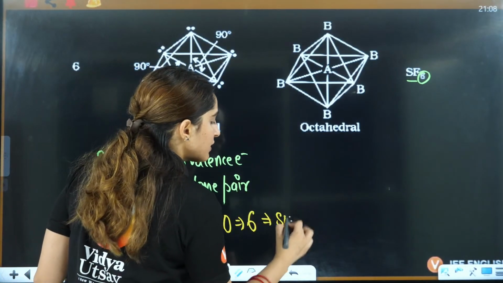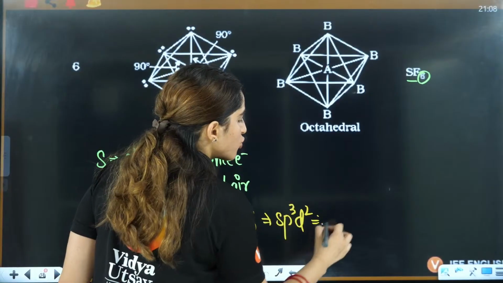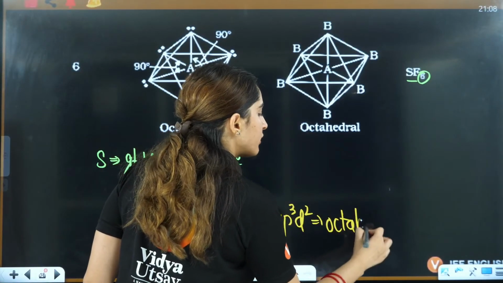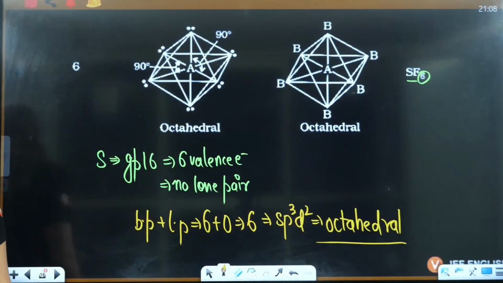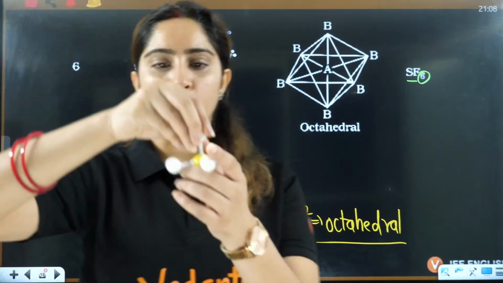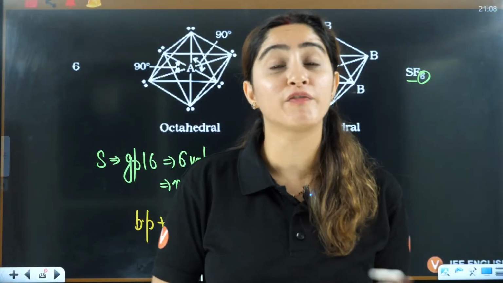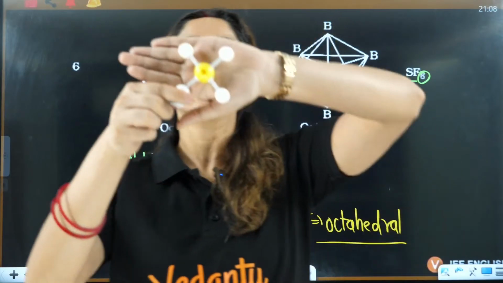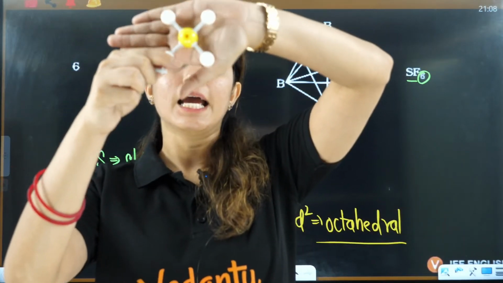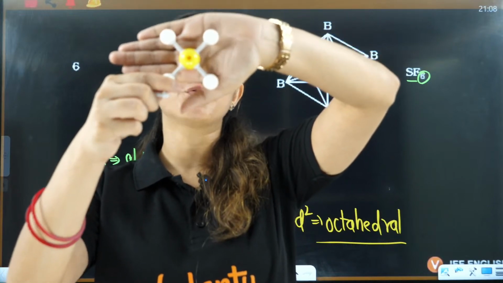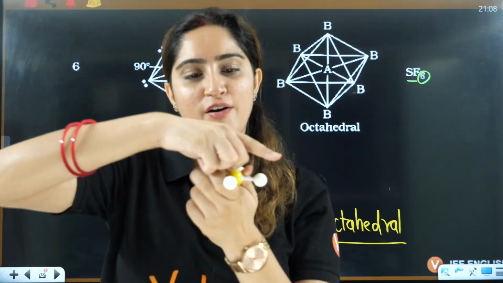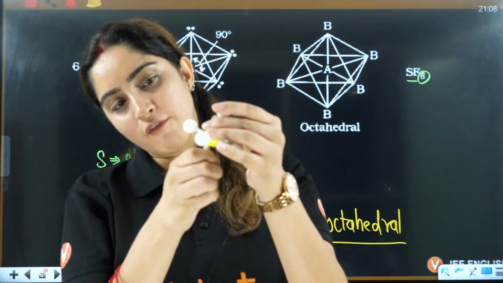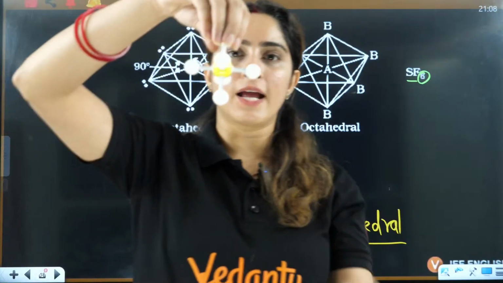That is sp3d2, that belongs to octahedral geometry. That looks like this. Okay, you have a square planar that we have discussed in coordination chemistry as well. If you don't know what is a square planar, in a planar you have a square kind of structure, that is square planar. Now in that, above you have 1 atom, below you have 1 atom, that is called as